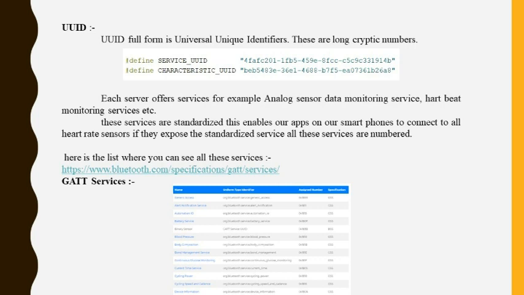All these services are numbered, and these numbers we can use as characteristic UUIDs.